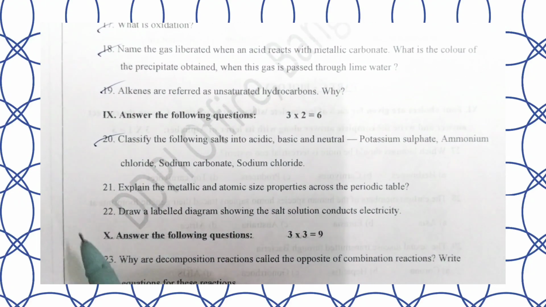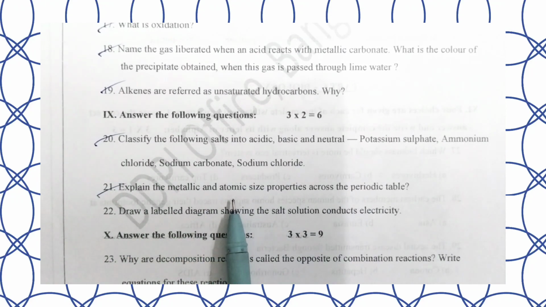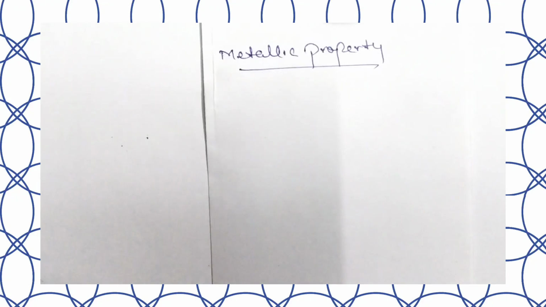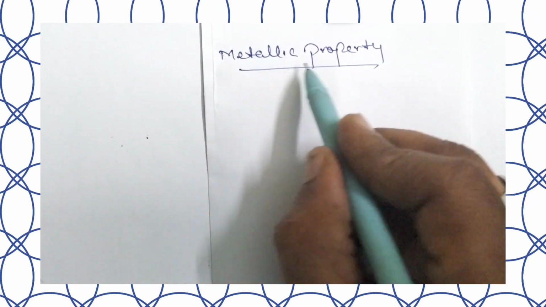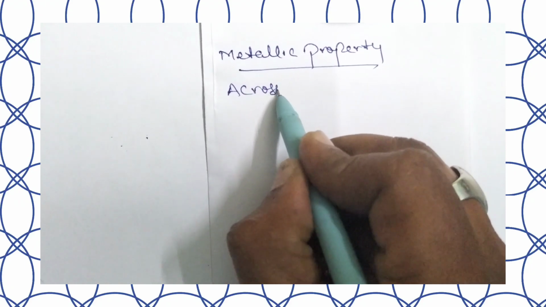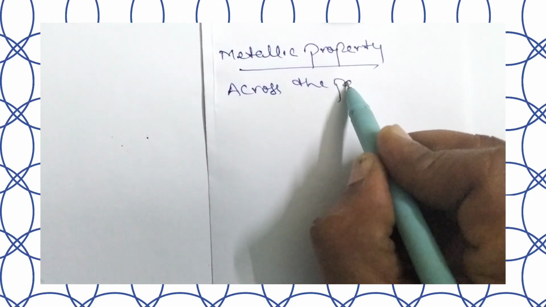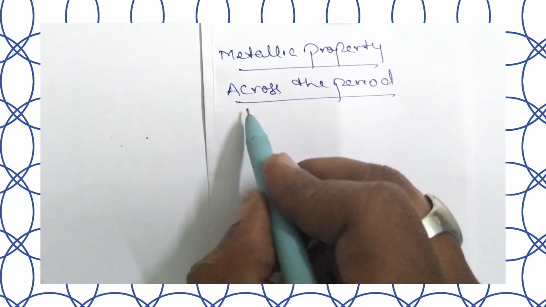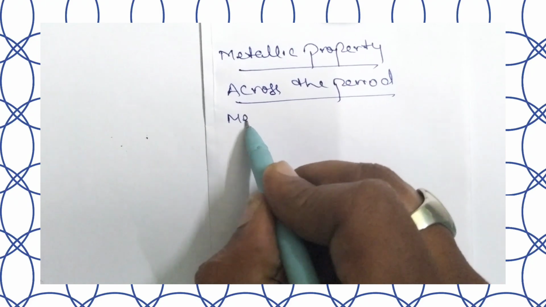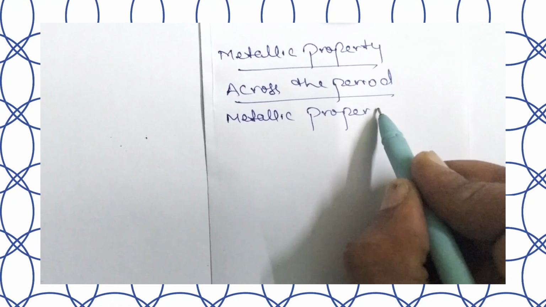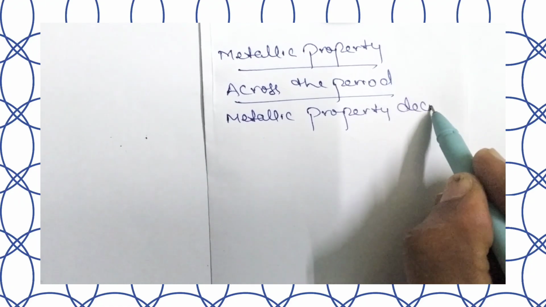So the next question, 21st, is: explain the metallic property and atomic size across the periodic table. Now let us explain this one. First let us explain the metallic property. So when we move across the period, the metallic property decreases